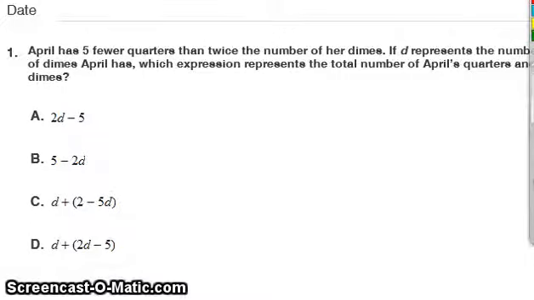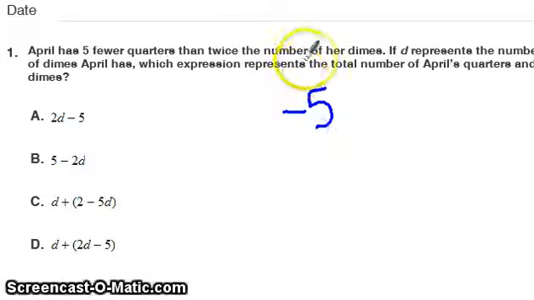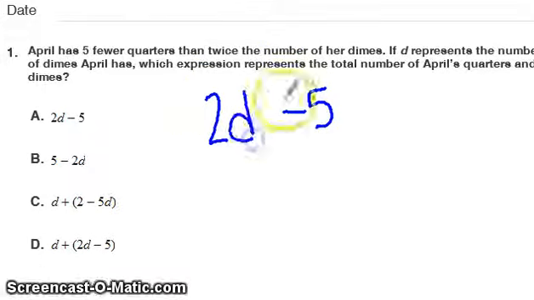Okay, so we're looking at practice probe 7EE2, and question 1 says, April has 5 fewer quarters than twice the number of her dimes. So 5 fewer than means that I'm actually going to subtract 5, then twice the number of her dimes. Twice the number of D dimes. D represents the number of dimes April has, which expression represents the keyword right there, total number of April's quarters